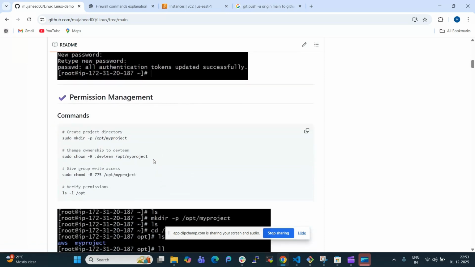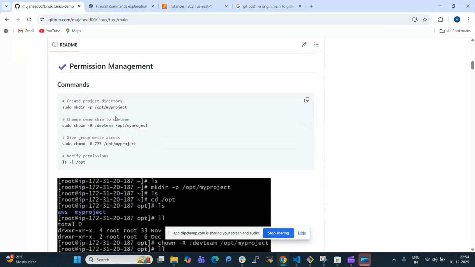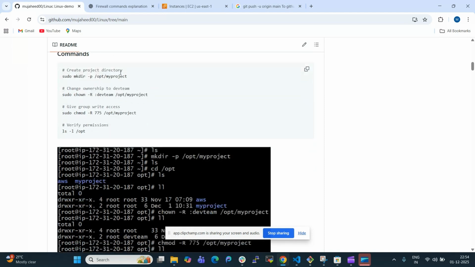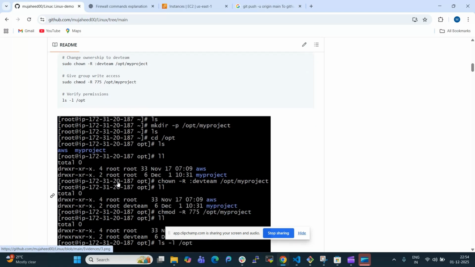Coming to permission management, I created a directory with mkdir -p /opt/myproject. I created it directly in one line; otherwise, we can manually create it by going to cd /opt and then mkdir myproject, which is another way. Here I created mkdir -p /opt/myproject. It will directly go to opt and create a directory called myproject. I'm changing the ownership of